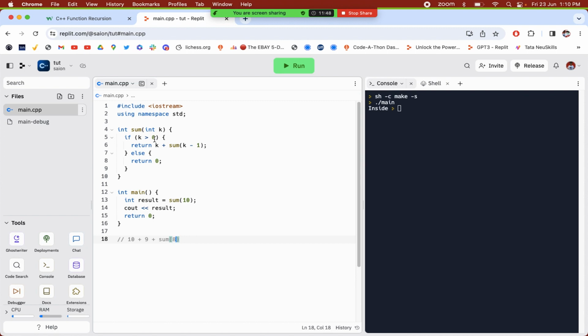Yes, 8 is greater than 0, so it will go in here, it will return k, that is 8, plus sum k minus 1, that is sum 7, right? Next, when sum 7 is called, it checks if 7 is greater than 0. Yes, so it returns 7 plus sum 6, right? Then when sum 6 is called, it returns 6